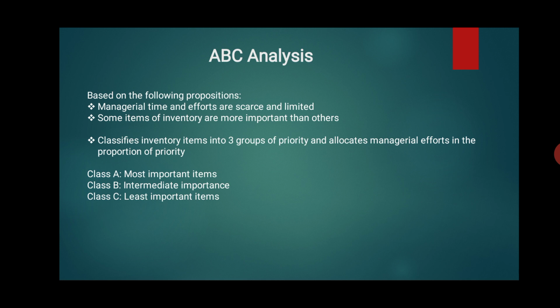Class A: we group all the most important items of the stock. Class B: intermediate importance goods. Class C, or group C or category C: least important items of the stock are grouped here. In this way you can easily get to know which stock and at what point the inventory has to be given importance. Each and every technique has its own importance. It all depends upon the manufacturing firms and their suitability, which one to carry out.